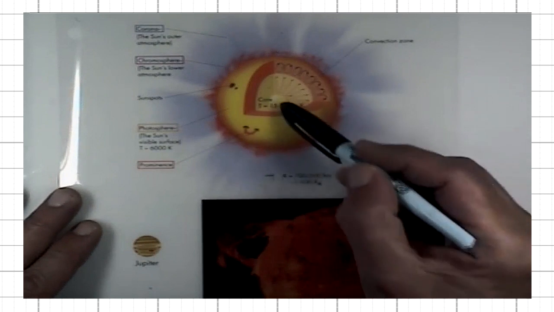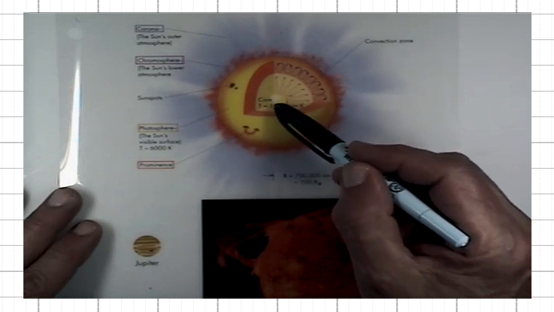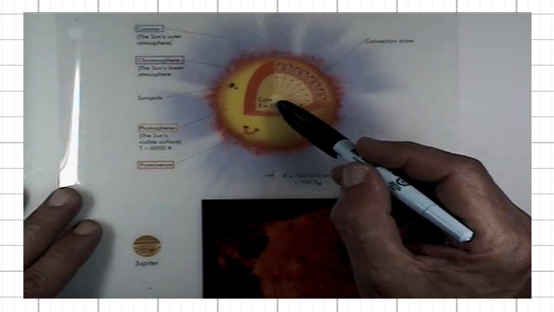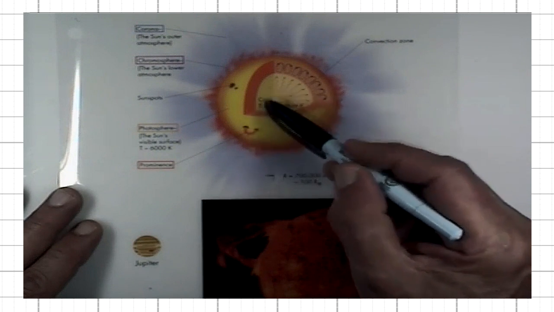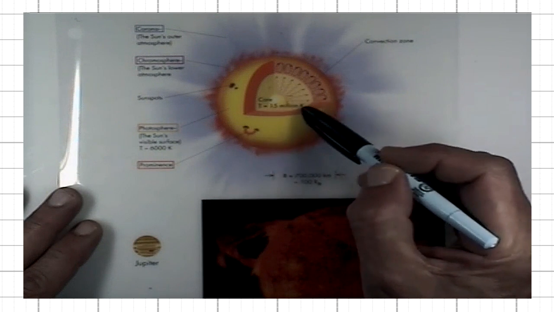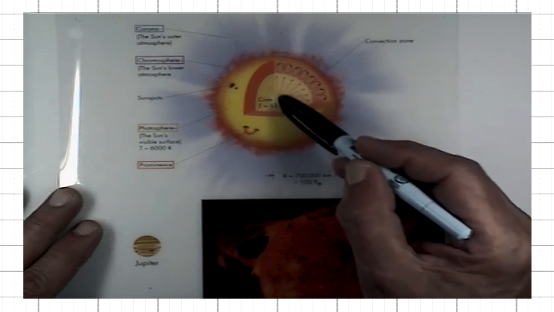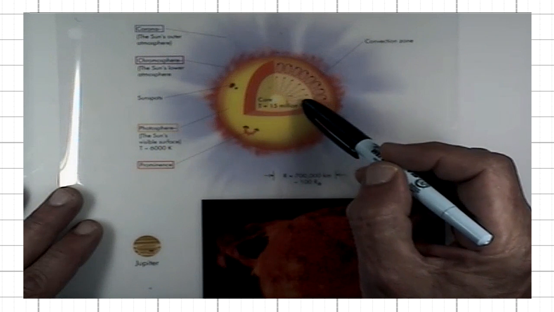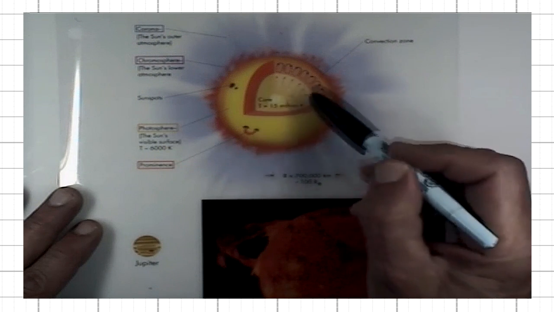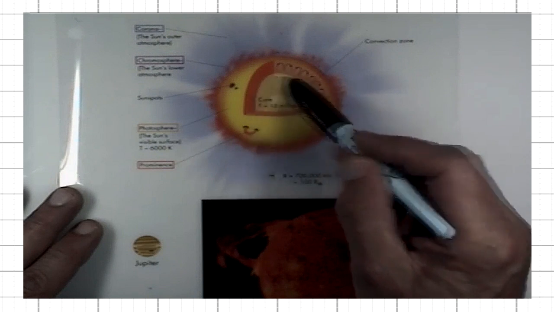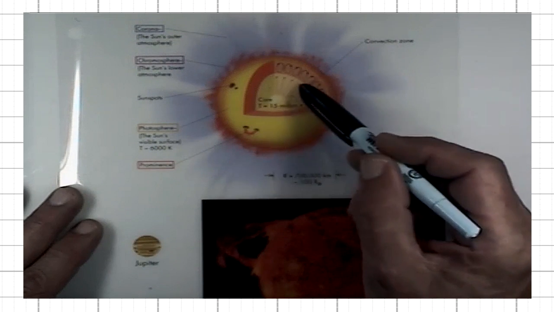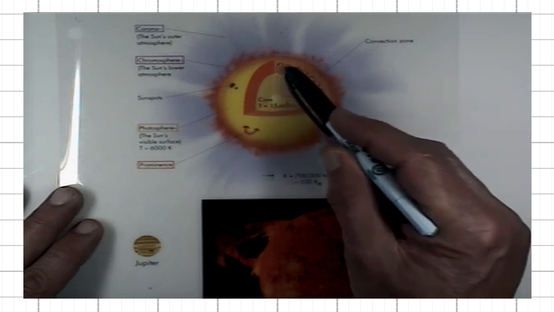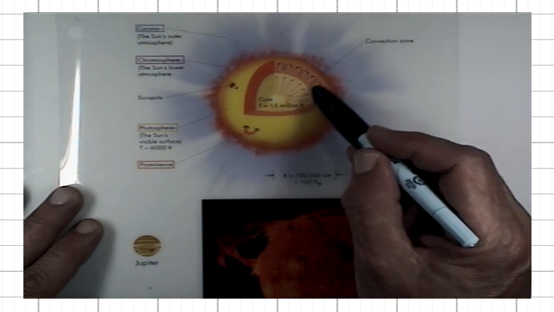Then there is the interior of the sun, the core, where basically the energy gets produced through the fusion of hydrogen into helium. The temperature of the core right now is 15 million degrees Kelvin. And then that energy produced is transported to the surface via two processes, so-called radiation, and that part of the sun is called the radiation zone. And then closer to the surface, the convection currents take over